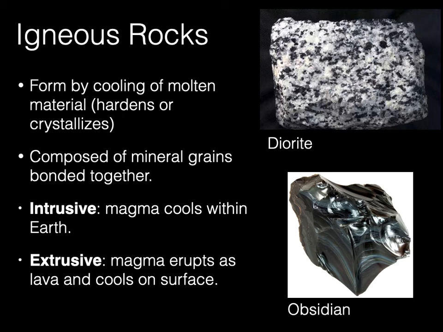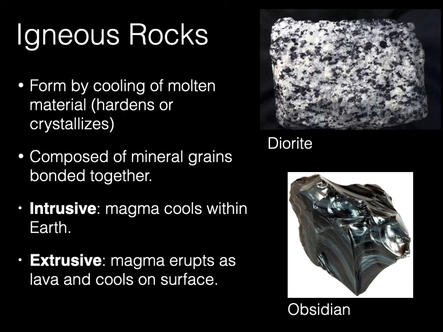So I put two different examples up here. There's two types of igneous rocks. We'll do this again in lab next time we're down there. Intrusive and extrusive. So an intruder comes inside, right? And an extruder is what you do with your toothpaste. So it comes out. So extrusive rocks are any time the lava spills out onto the surface, whether it blows up or it just kind of oozes out.